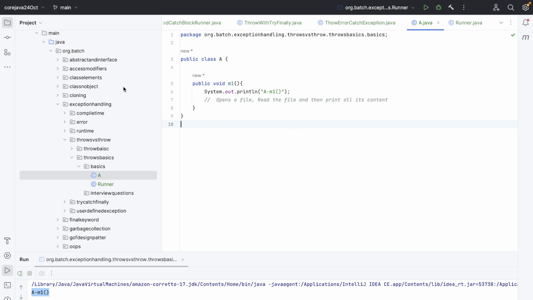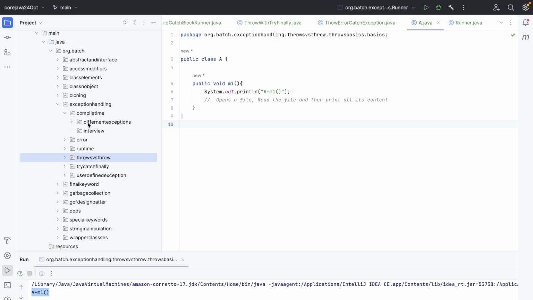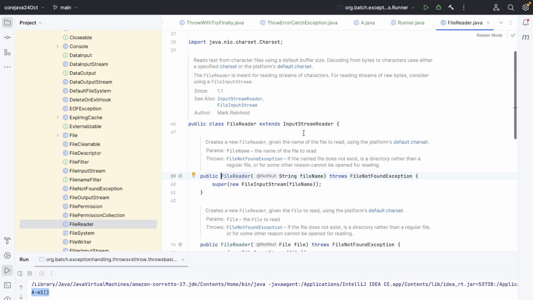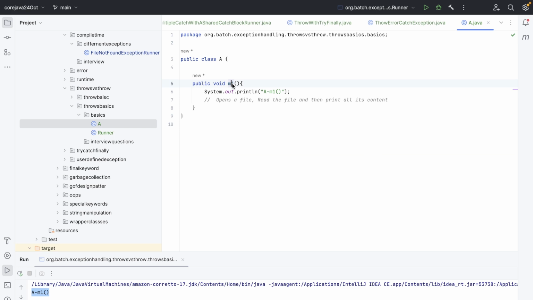That we have already done in the previous compile time error part. File not found exception, right? Over here we have done this: from this path we have read. So when we were reading this, we had the exceptions. File not found exception is already there in place. So similarly, if I want to write something, if my m1 method is there, or if the m1 method is not good,